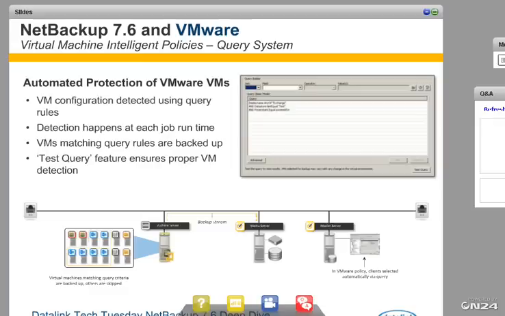We can query on, say, the individual data store, cluster, or display name. We have multiple fields that we can query on and match. We see this little example at the top of three different lines with an and between them. If we have any matches, we are able to verify those before the time of backups by clicking test query in the bottom right-hand corner. It usually takes about a minute for that query to come back, and it will show you those VMs